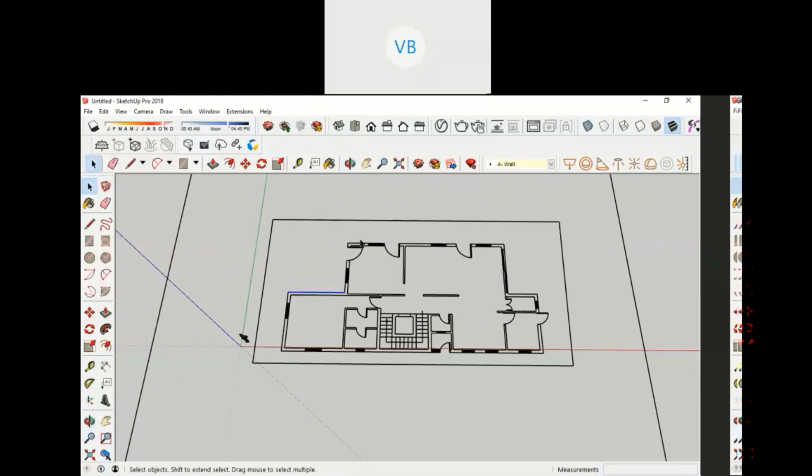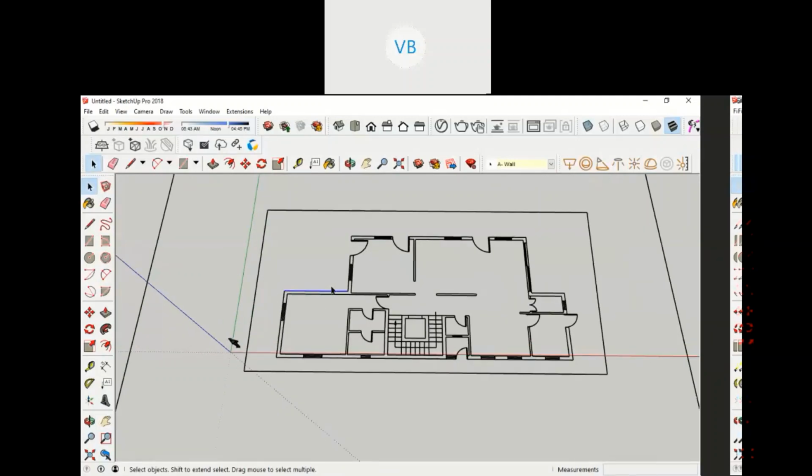So now what you need to do is, your target is to draw walls here. And my only target as of now is to make external elevations from this side. This is the west direction. As of now, my target is to make an external elevation. So only concentrate on making an elevation. Only concentrate on drawing your building approximately up to here, or else if you want, up till the end. You don't have to worry about this east facing elevation. You don't have to worry about the internal walls of these rooms.